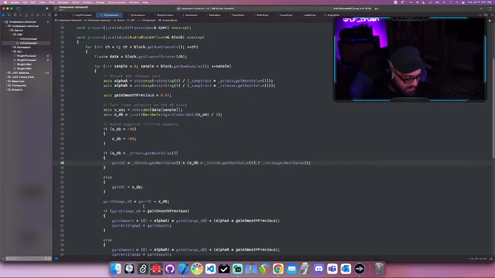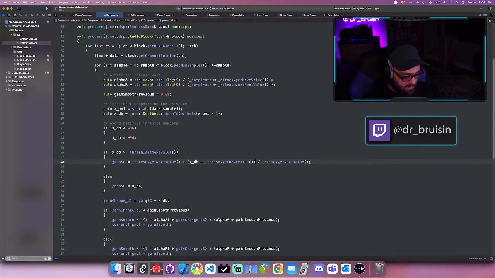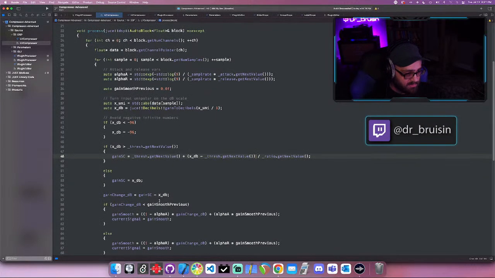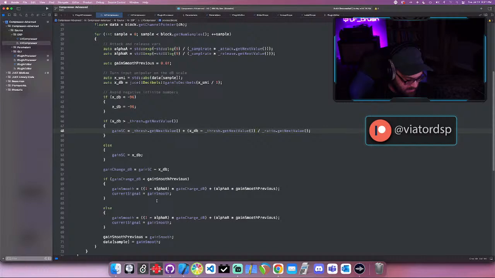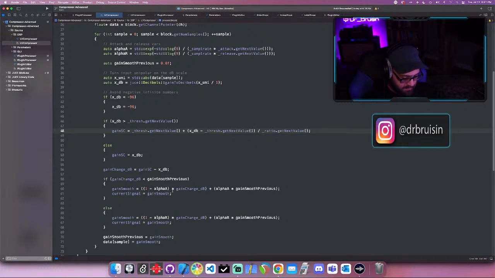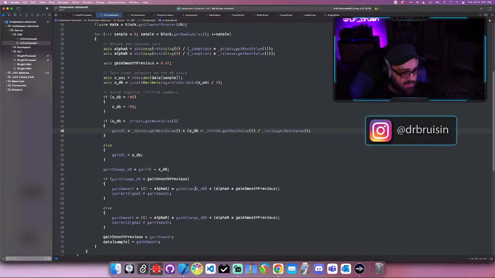And then gain change is equal to gain SC minus, yep. Then gain change dB, if it's less than gain smooth previous, then gain smooth is equal to 1 minus alpha times gain change dB